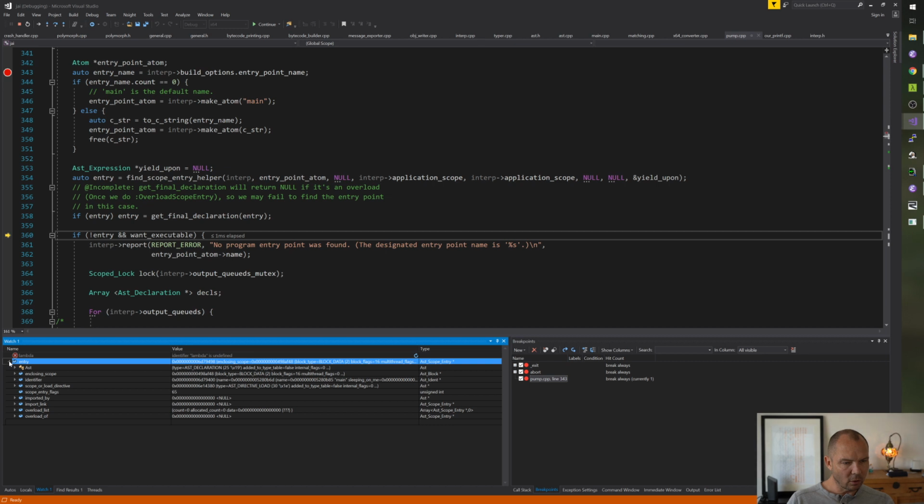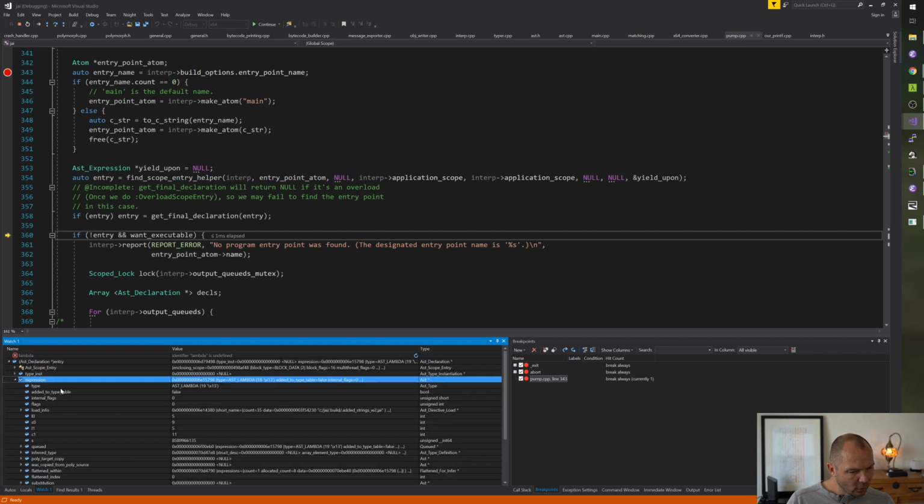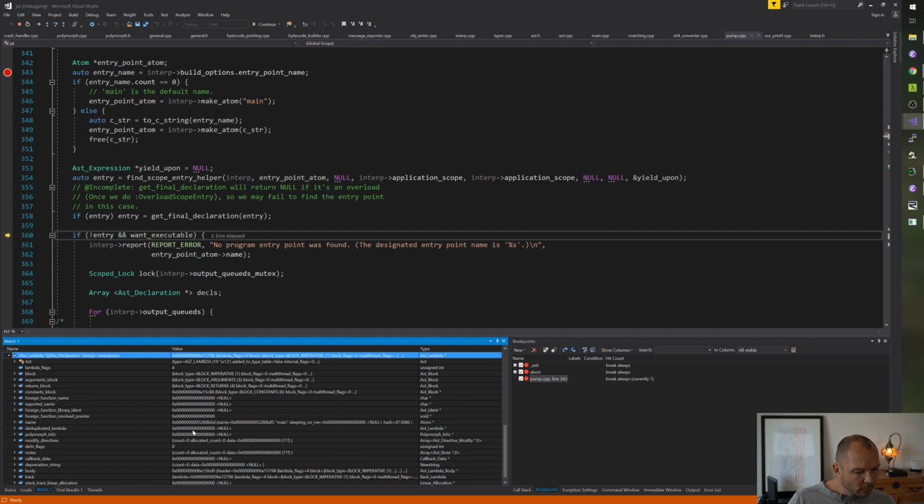So it's a declaration. Its expression is a lambda, right? Okay. It's called main.